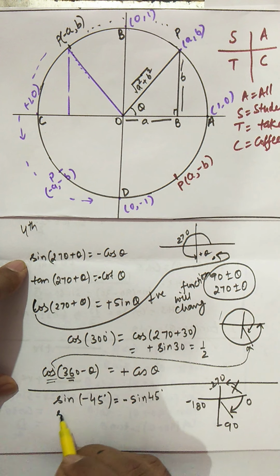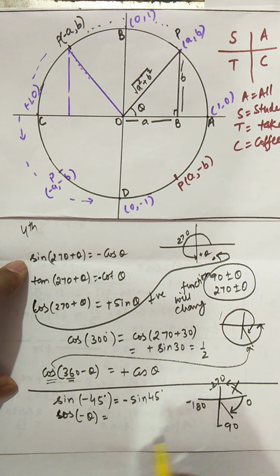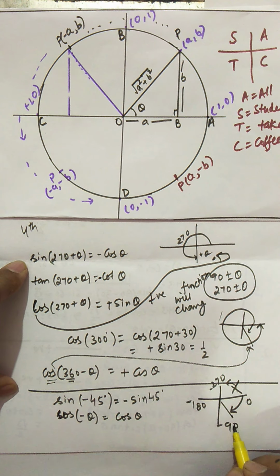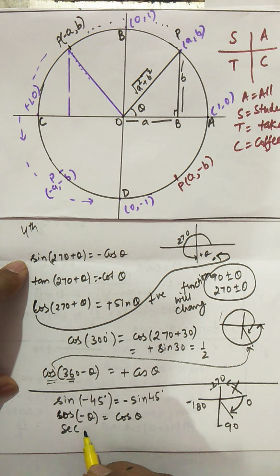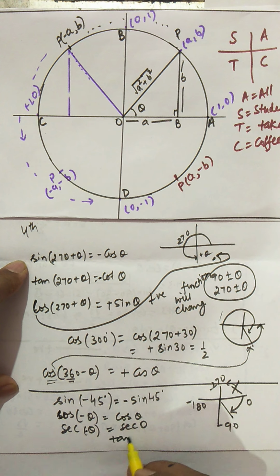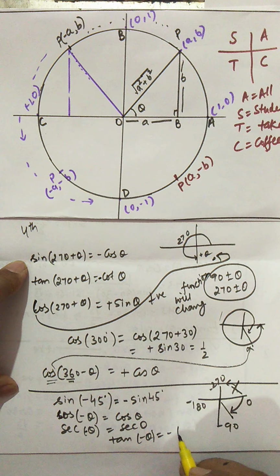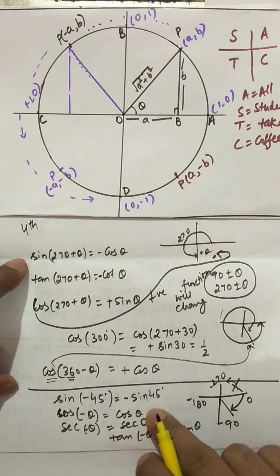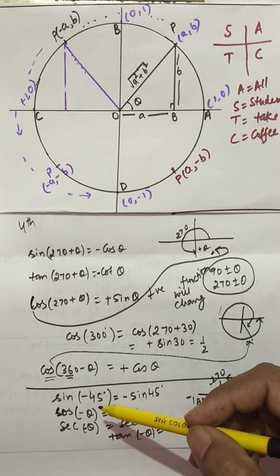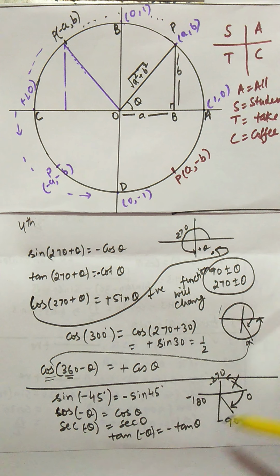And if we take any other example, like cos of minus theta, where theta is an acute angle, it's going to be positive cos theta because cos is positive in the fourth quadrant. So cos and sec only are going to be positive, and for the rest, if I take tan of minus theta, this is going to be minus tan theta. So you can see only cos and sec will be positive and the rest will be negative. This is the way you go in the clockwise direction. It's up to you whether you find the angle in the clockwise or anti-clockwise direction. But sometimes if you are given an angle like this, then you have to think only in the clockwise direction.